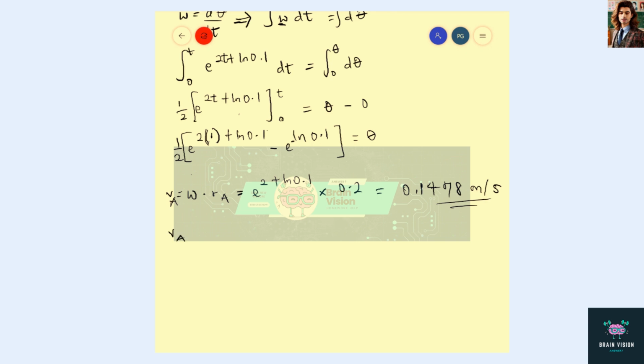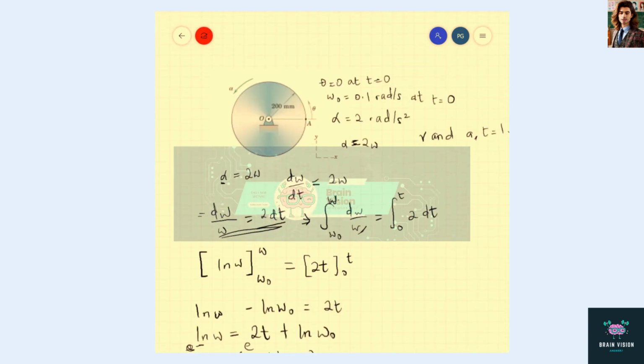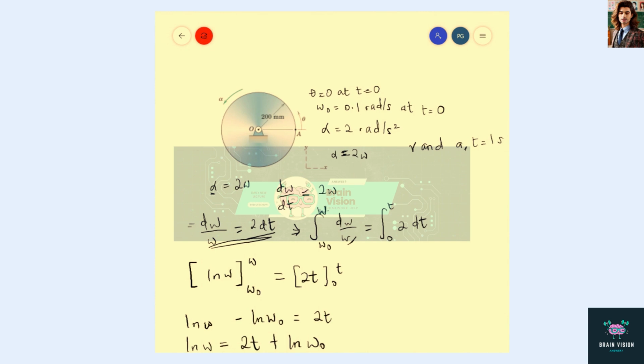So this is going to be VA equal to minus 0.1478 sine theta, because let's say this line represents the velocity at 1 second, which is directed here, and our components will be up and left. So i is going to be in the negative x direction and j is in the negative y direction. So to resolve this,